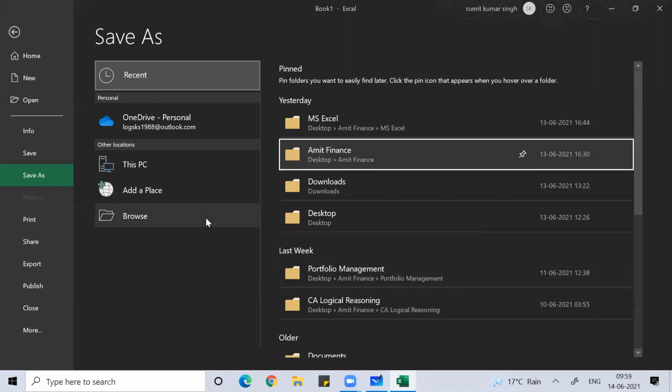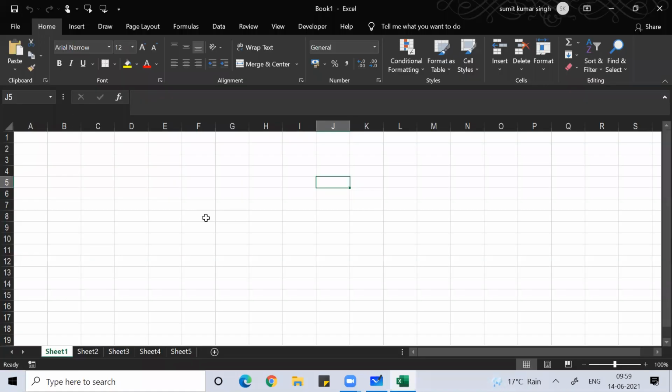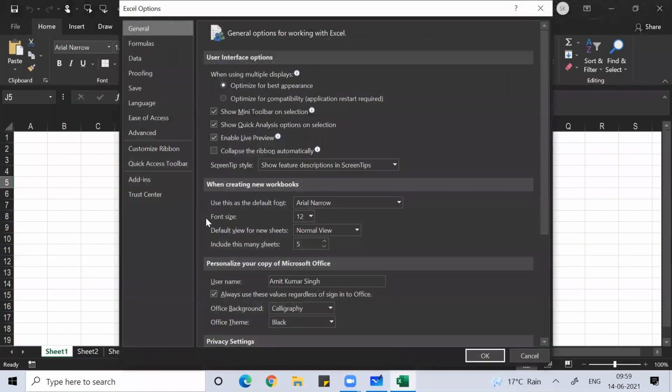That way, we'll give a proper name to the workbook. Otherwise, if we don't do that and suddenly the power goes off and the system switches off, then we need to depend on God and the auto recovery option of Excel to give us the required file on which we have worked, probably the next time we open Microsoft Office Excel. So please don't simply rely on the auto recovery option.